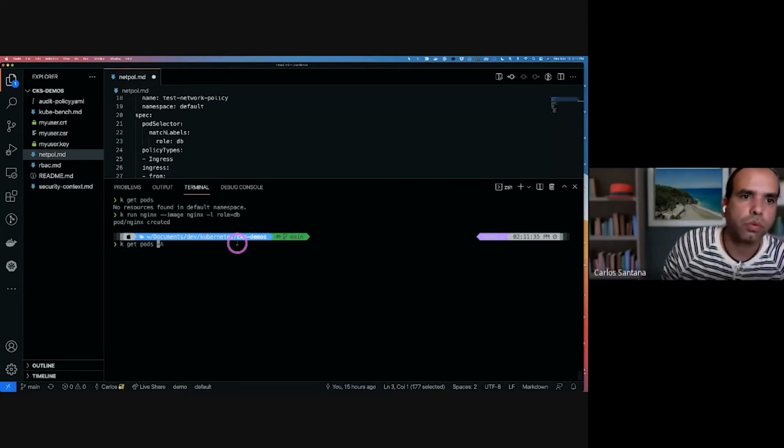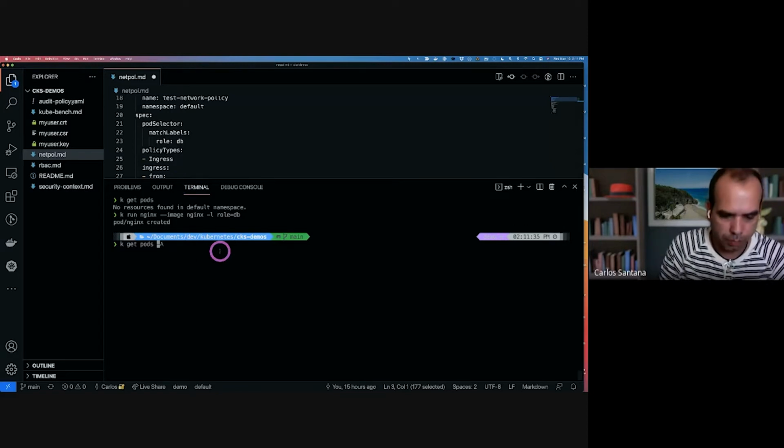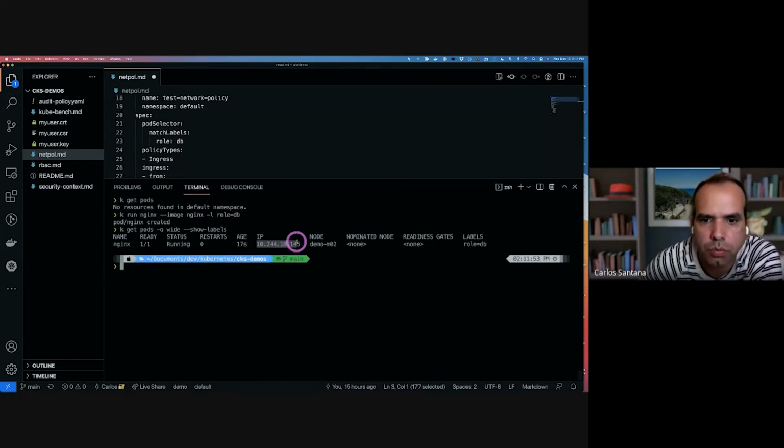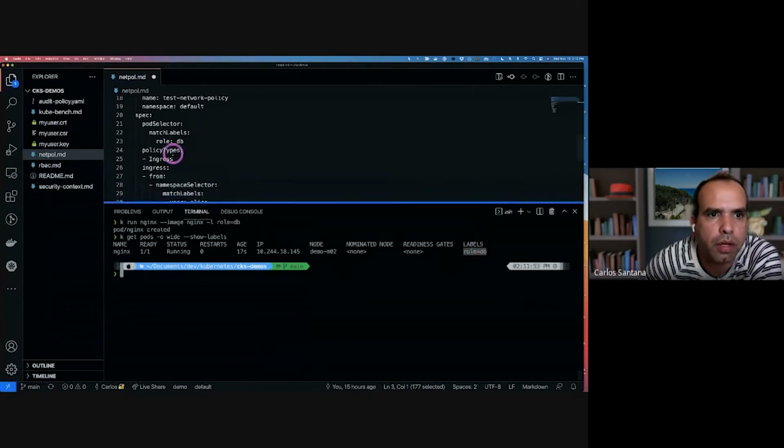So I have a pod. If you do -o wide --show-labels, you will see that this pod is running at this IP address, and it has the label role=db. So if we create